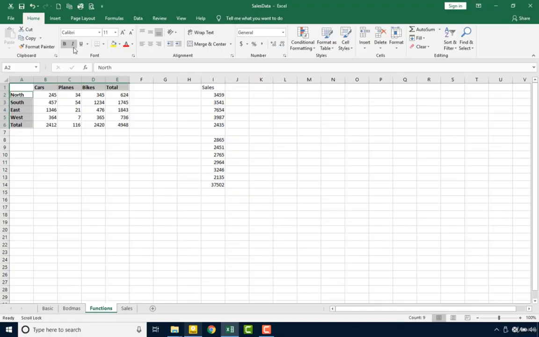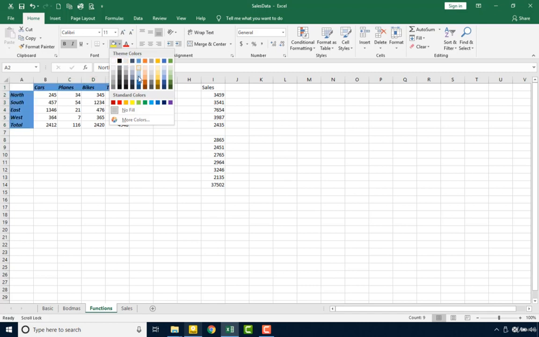And we can also make them italicized. You can press this button, or you can use the keyboard shortcut Control I. Okay, so let's say we want to change the background color of that particular heading. We can choose these assigned colors from the theme colors. You can choose either to make them blue,